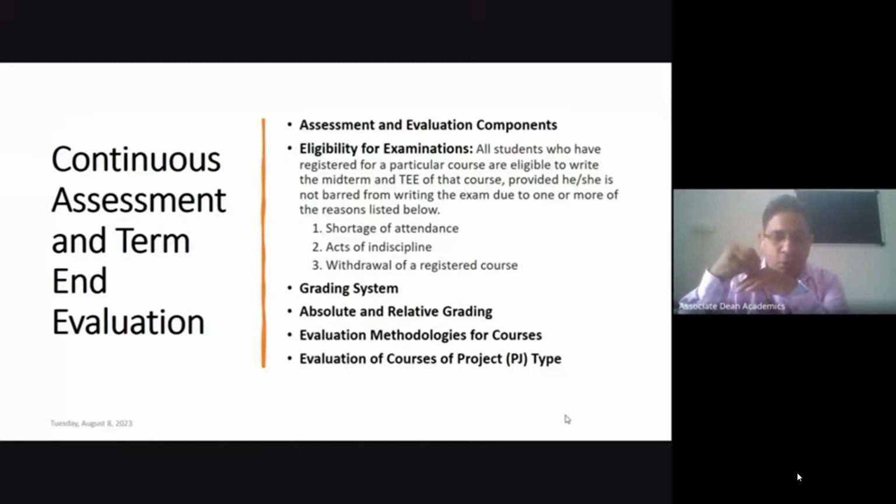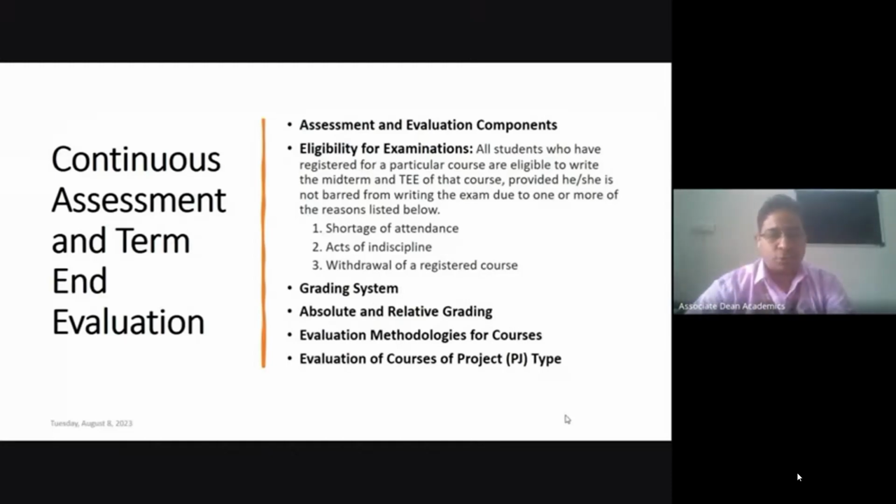But if you want to drop a course after 3 instructional days, before or after midterm, a certain date will be provided to you. Up to that date, if you send your request to drop a course, we will allow you to drop the course, but there will be some additional charges involved for your subsequent registration for the same course.